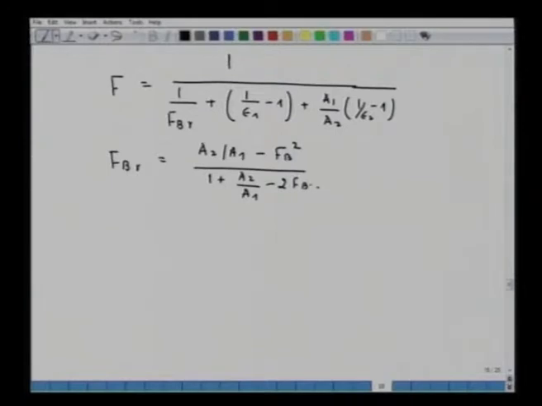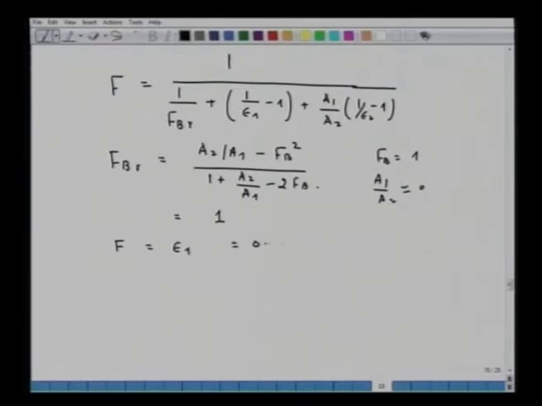Now, since the furnace is completely seen by the surrounding, FB is equal to 1 and A1 upon A2 is approximately equal to 0, because the surrounding area A2 is very large. So, we can find the value of FBr equal to 1, and hence F will come out to be equal to epsilon 1,